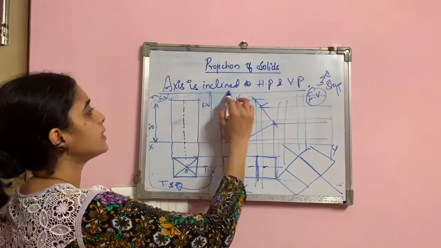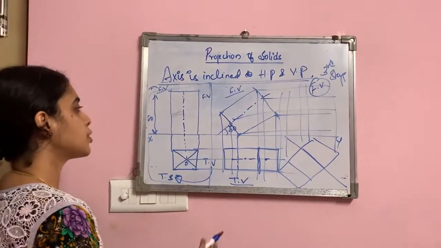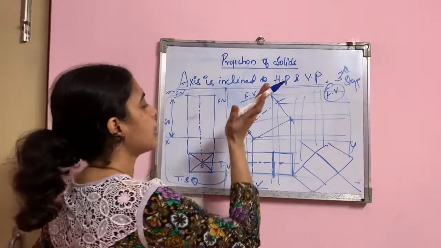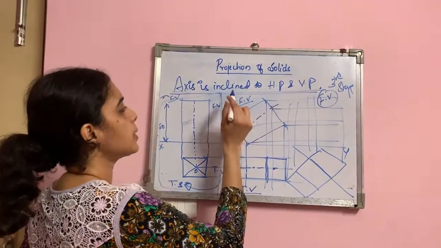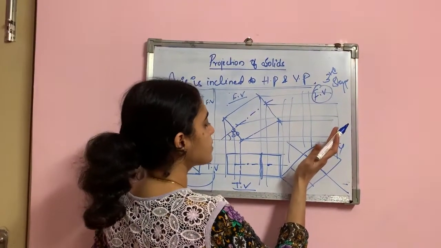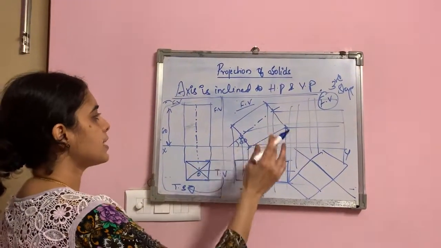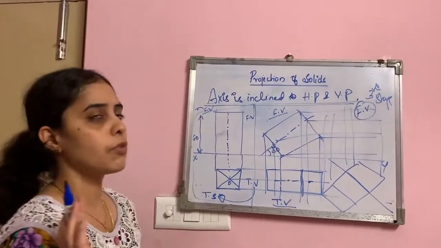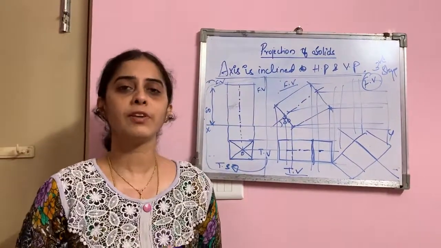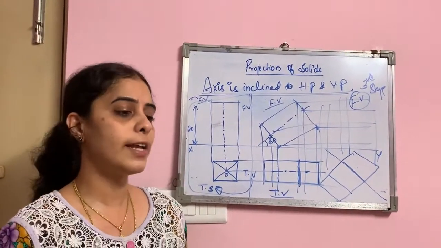But when the axis is inclined to both HP and VP, this is a 3-stage problem where we assume the same thing: axis perpendicular to HP in the first stage, axis inclined at a particular angle to HP in the second stage, and the given solid or the axis being inclined to VP at a particular angle in the third stage. So then we trace out the front view and the top view for all the 3 stages. So this is about how the position of the given solid will be, irrespective of the classification of solids.